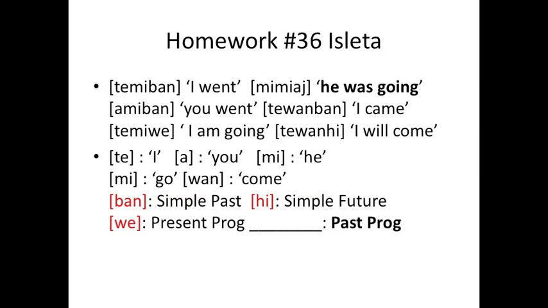So once again, this is our only example, so we want to look at what we have left once we pick out the morphemes we already know. So we have two instances of "me." One which means "go," and then the other which means "he." So that leaves us with what must be the past progressive marker, which is "I," the AJ. So that should be it for this exercise, and I hope it makes a lot more sense now that I've gone over tense and aspect.